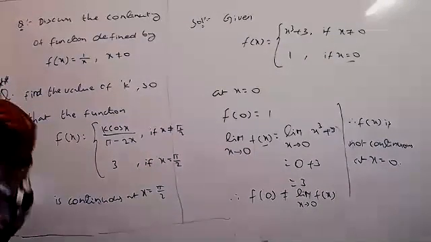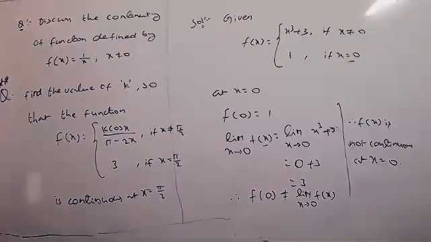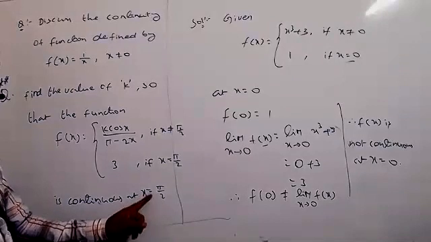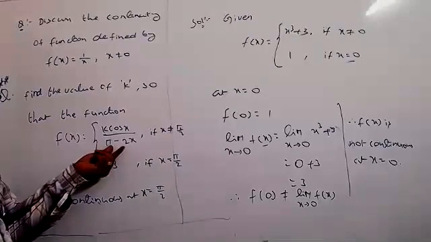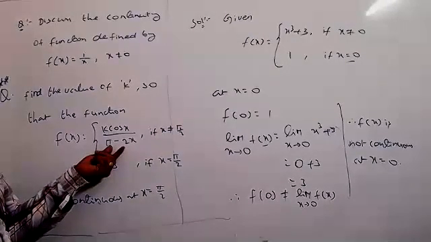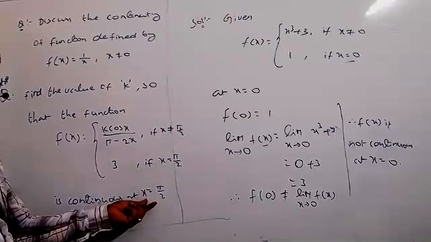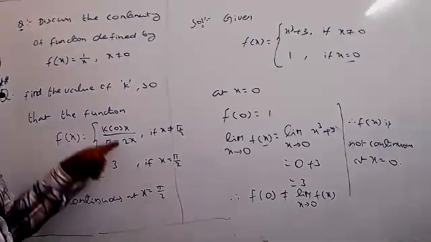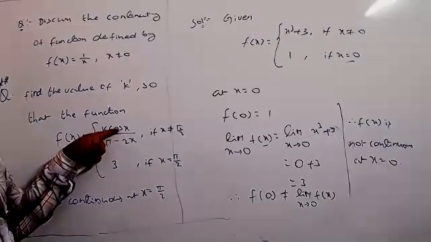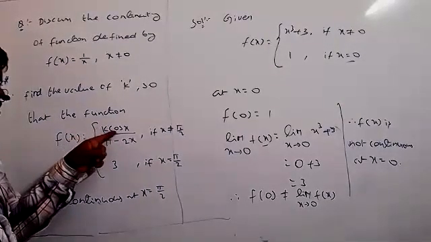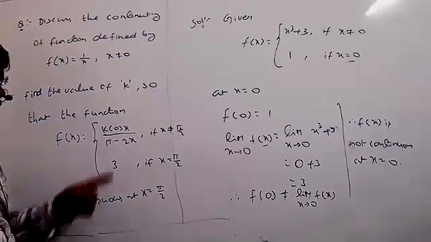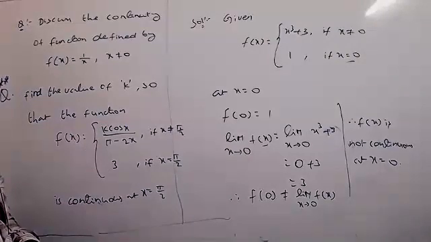But here see, when we are taking the limit value, as x tends to pi by 2, the function must be the same. Either if you take the left hand limit or right hand limit, the same function we are getting. Suppose you substitute x equal to pi by 2 here. So k into cos 90. Cos 90 equals how much? 0, na? k into 0 equals 0.